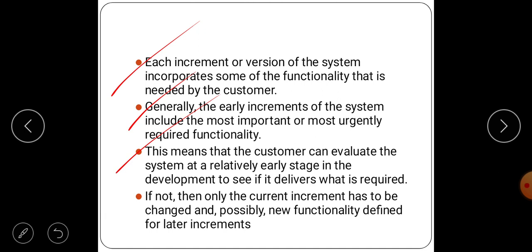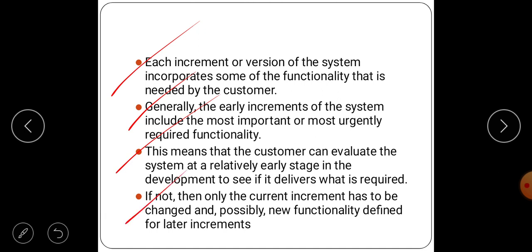When we update the system or product, we release it for the user to use and give feedback. If any bugs or faults are there, the user gives feedback at the earlier stage only, so that the fault will be corrected.